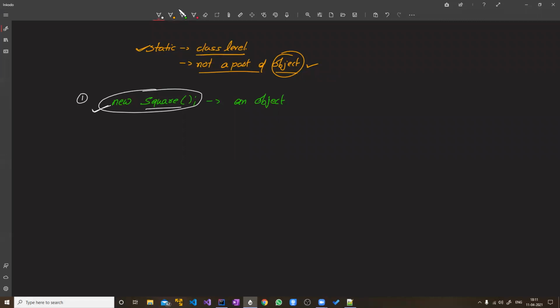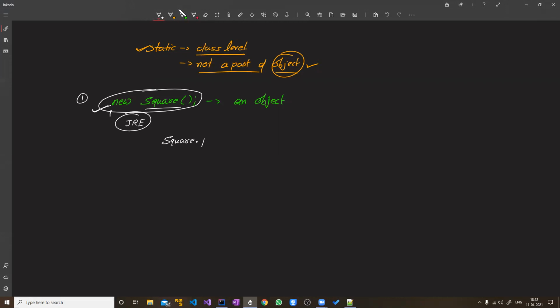So when you create an object, the Java runtime environment, that is called JRE, what does it do? When you say this new, your program runs in the memory of the computer, and there it creates the object, right? For creating an object there must be a Square class.